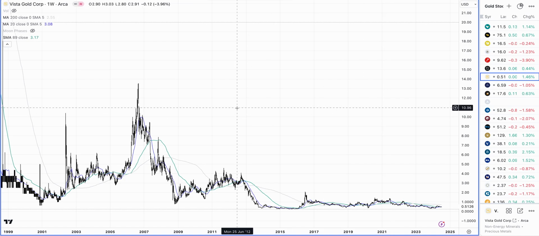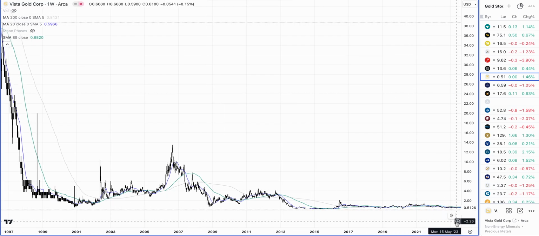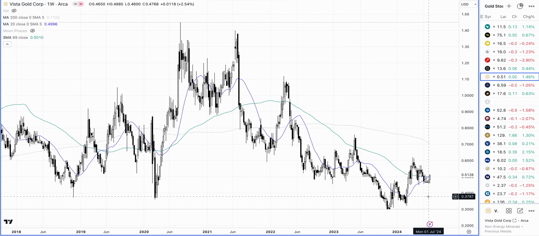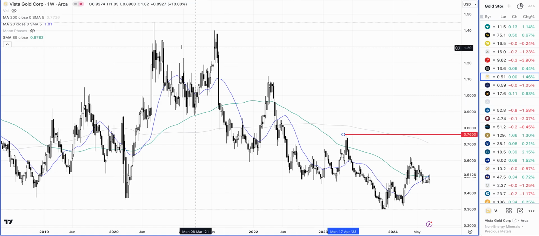Vista Gold, so this is a really low price stock. At one time it was about a 14 bucks stock. Yeah, let's just go here and have a quick look at this one, Vista Gold. Interesting to see there is some movement in this one as well. I don't know much about this company, but you can have a look at this. The way it's moving, it looks like it wants to do at least an ABCD higher and test these highs here.